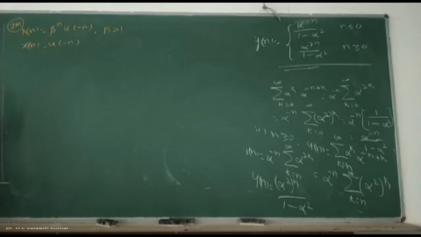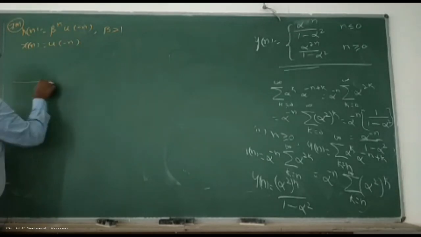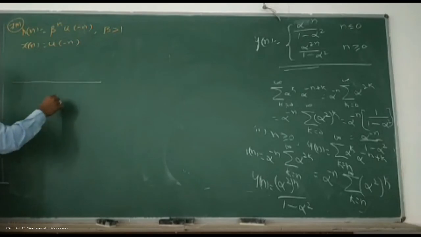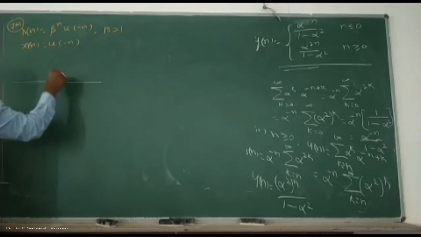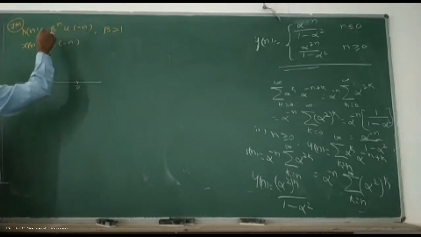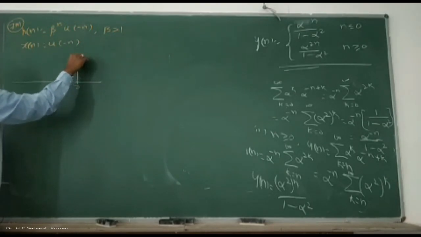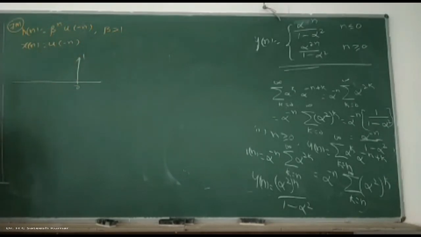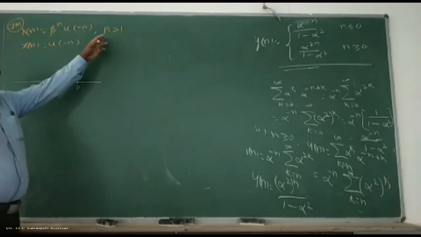Okay, right. Now observe carefully. Beta is greater than 1. What will happen to that? Just observe carefully. At 0, on the negative side it will start from 0. Beta to the power of 0 is what? 1. Okay, I'll keep it as 1. This side it is increasing or decreasing, we don't know. He said that beta is greater than 1.